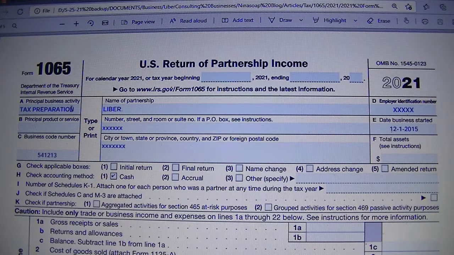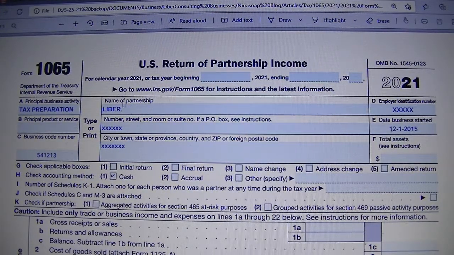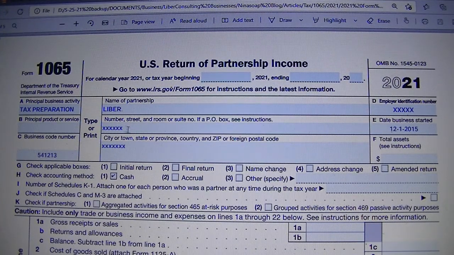Part A is what your business is about. So you'll add the name of your business, the business address, and the business identification number on line D, and the date you started the business. So it's good to keep those in file, and the business code number. If you do not know the code, you have not used it before, you will find it at the bottom